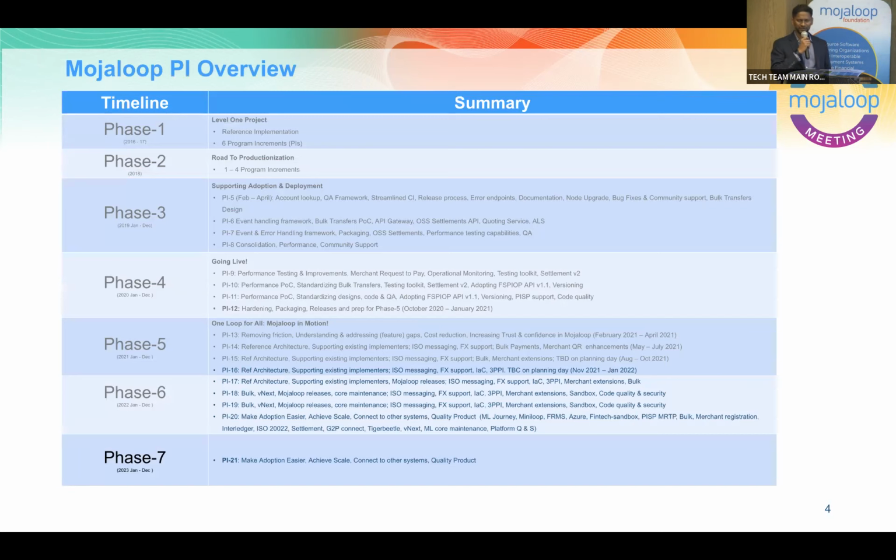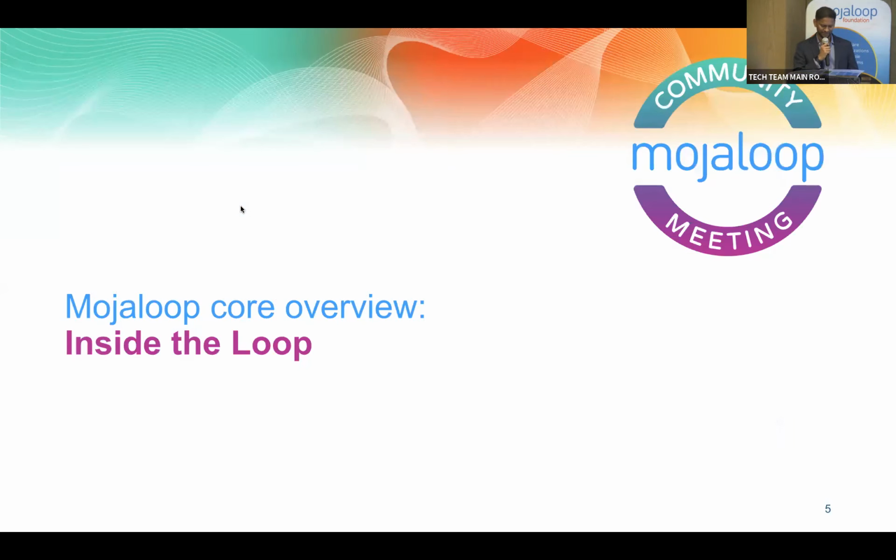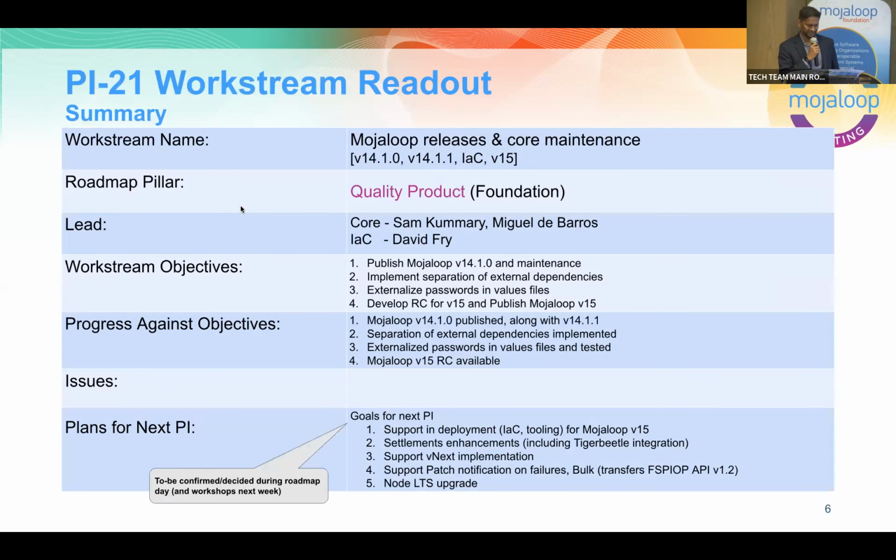So we keep talking about the PI 21 meetings. I think Kim talked about the PI, but a program increment is a time period, and right now we are in the PI 21, in the journey of Mojaloop. And at each phase we've been having focus areas, and they've been changing and evolving over time. I don't want to get into the detail on that. And then this is the work stream progress.